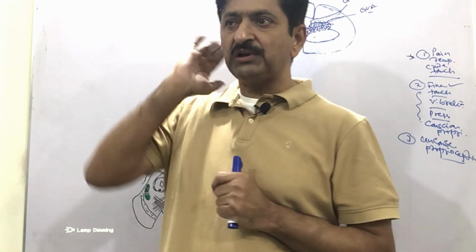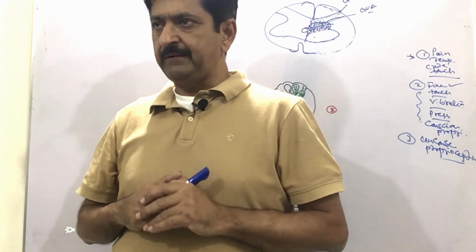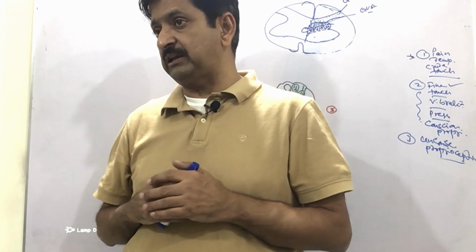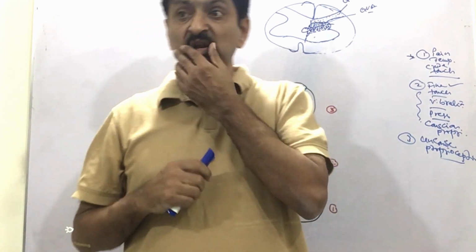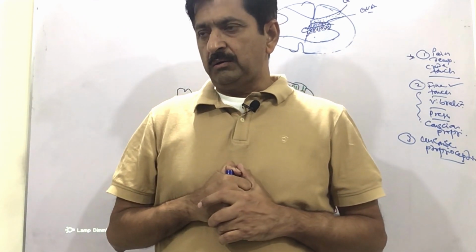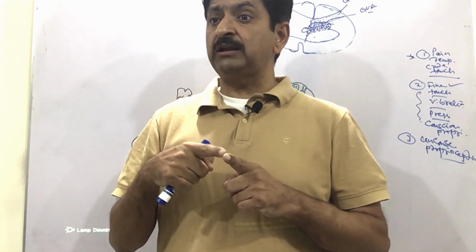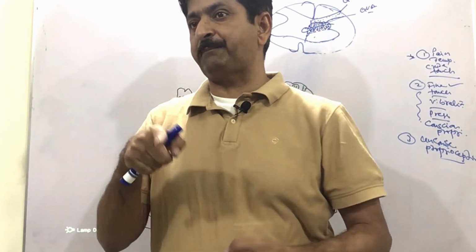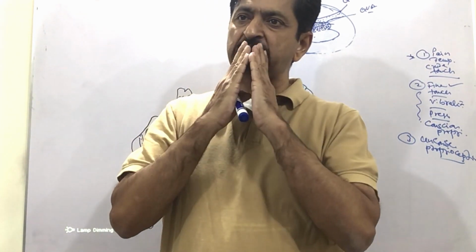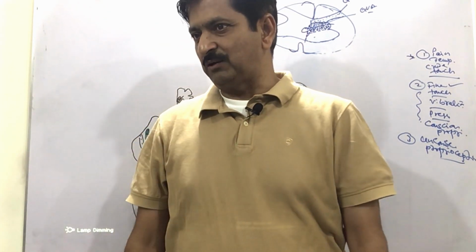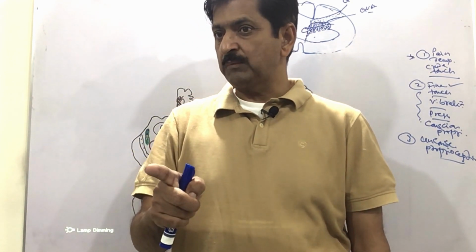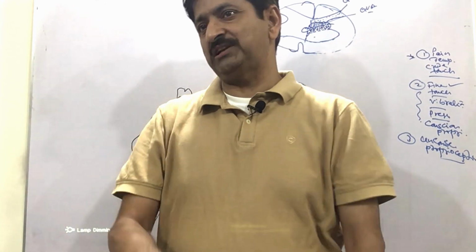Our visual pathway finishes at the visual area. This is 17, but after that 18 and 19, and then you are projecting it to the angular gyrus also. So the angular gyrus is sometimes called the visual association area also, because the words which are written here cannot be projected to Wernicke's until they pass through the angular gyrus on the dominant hemisphere. But the words which have been spoken will not pass through the angular gyrus, they go directly to Wernicke's, because Wernicke's is the sensory speech area, but the angular gyrus is the visual association area.